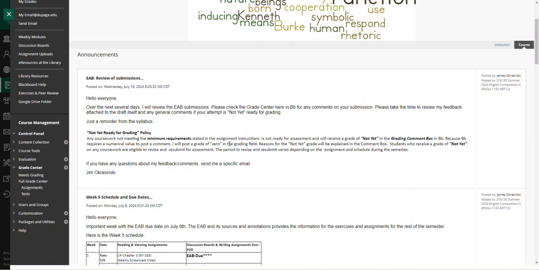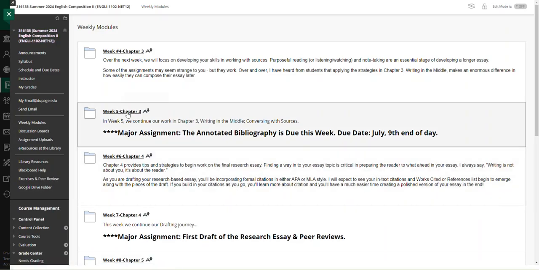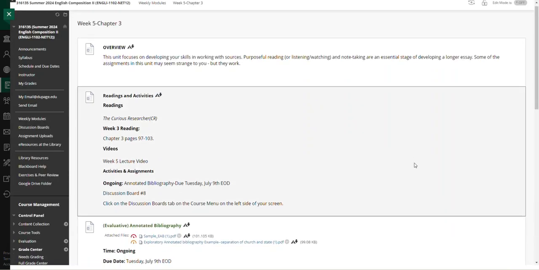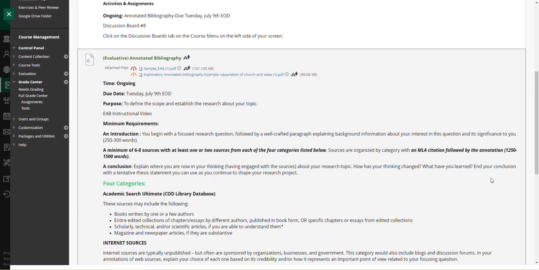Now, the one thing I do want to hop to real quick on the annotated bibliography is the instructions themselves. And once again, much of my commentary is referring back to the instructions. So be aware of the word counts. The introduction has 250 to 300 words. The annotations and citations is 1250 to 1500 words, and then the conclusion should be a solid 100 words or more.